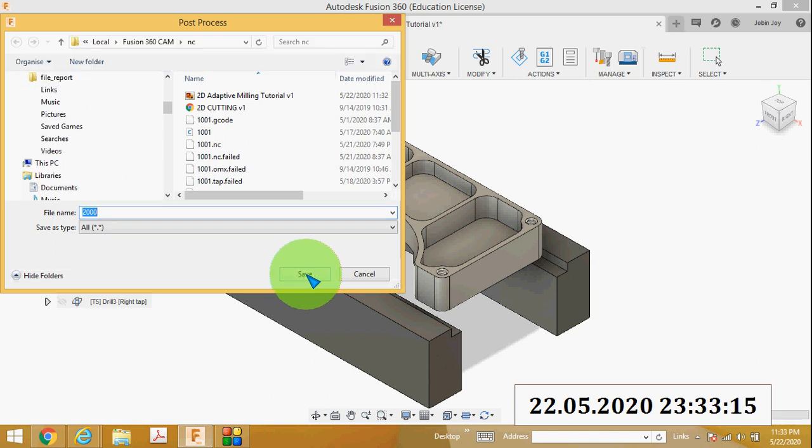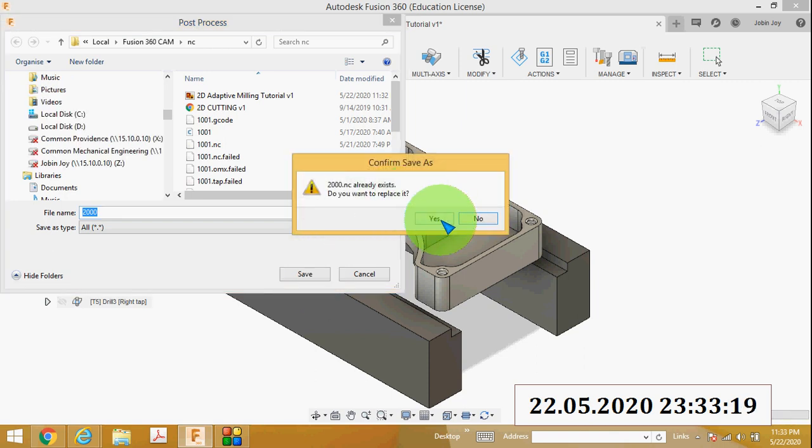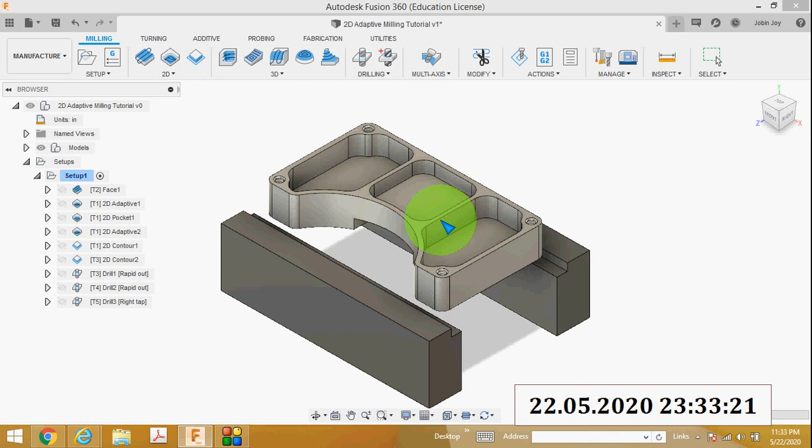So once again I will post it, then I will save that file. You have to wait a few seconds to generate the codes. This actually depends upon the internet connectivity also.